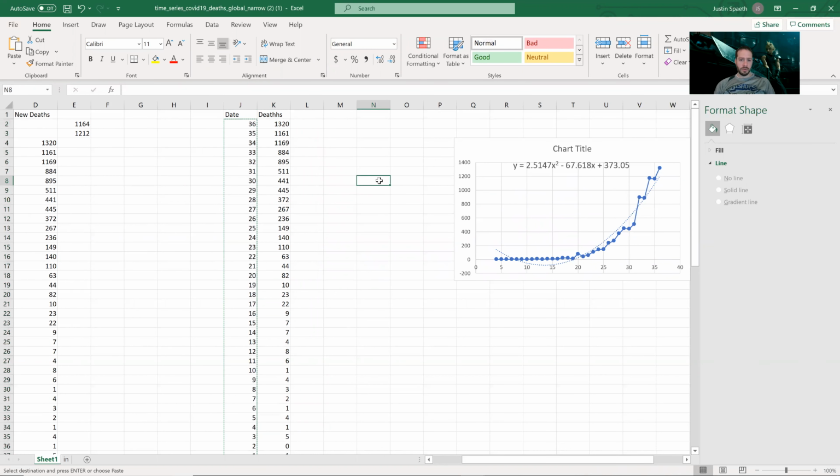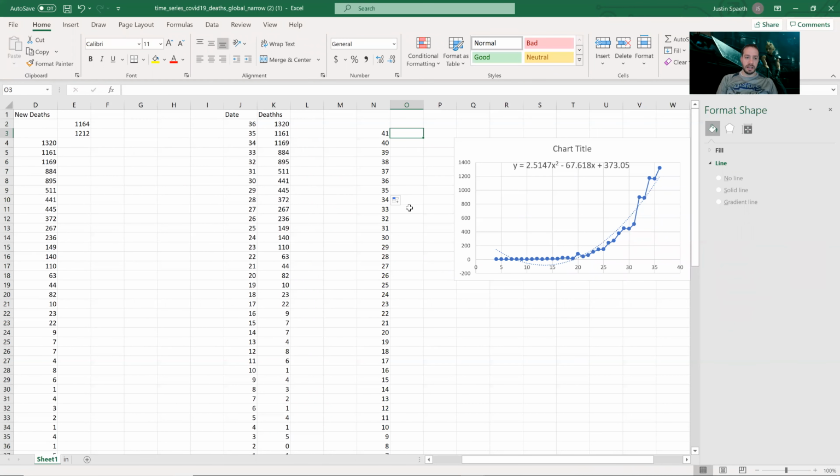And let's put it right about there. And we're just going to go, let's see. So we're not on day 41 yet. We were on day, I think, 39. So if I go equal 2.5147, and then I go multiplied by this number